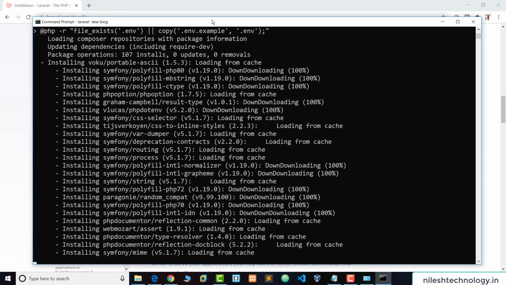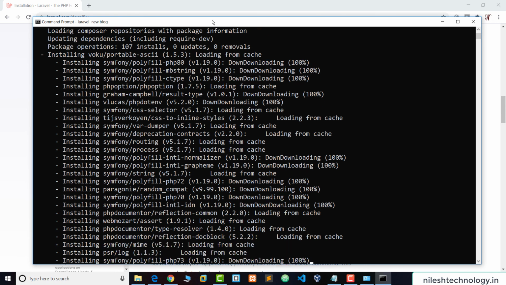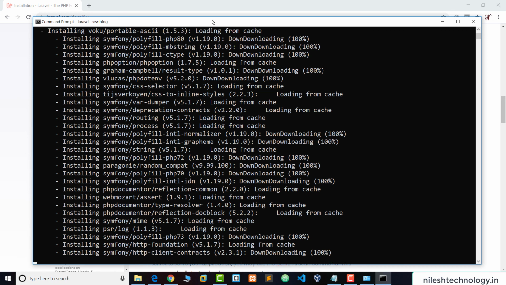So all the project related files are downloaded from internet and they create a one internal project structure.